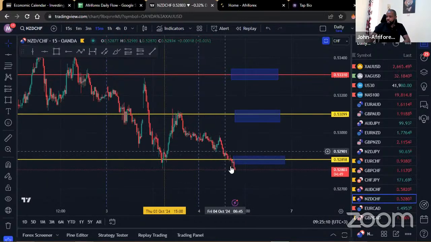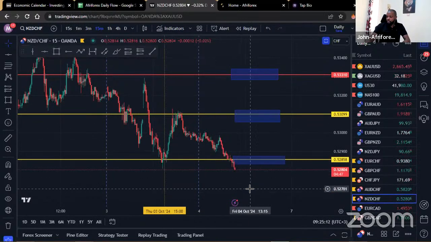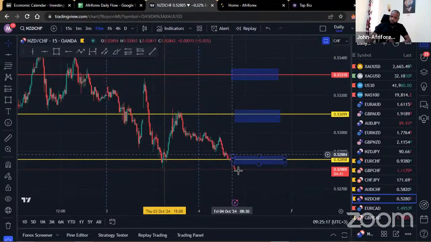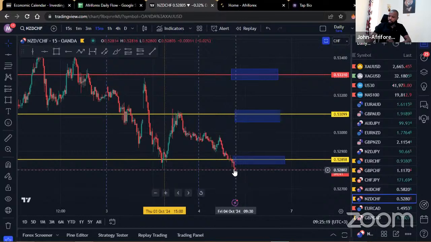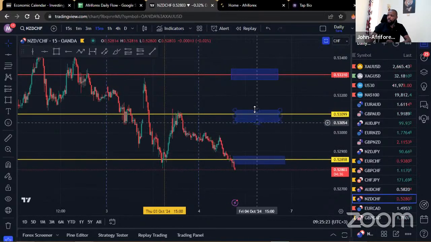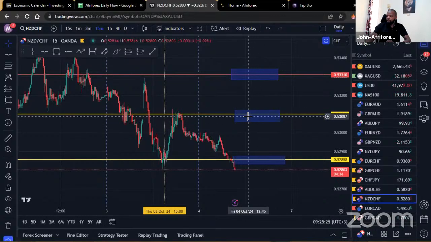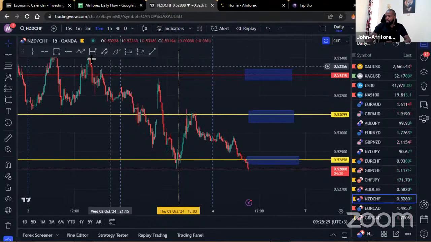Right now, the market is just attempting to break to the downside. It's not yet confirmed that the market has broken to the downside. So you could find lots of breakout traders hitting sales within here, only for the market to actually come back to the upside and hold within here. And you could technically find the market backing within this region right here or somewhere within there. So just make sure that you watch out for that. Let's be a bit patient.